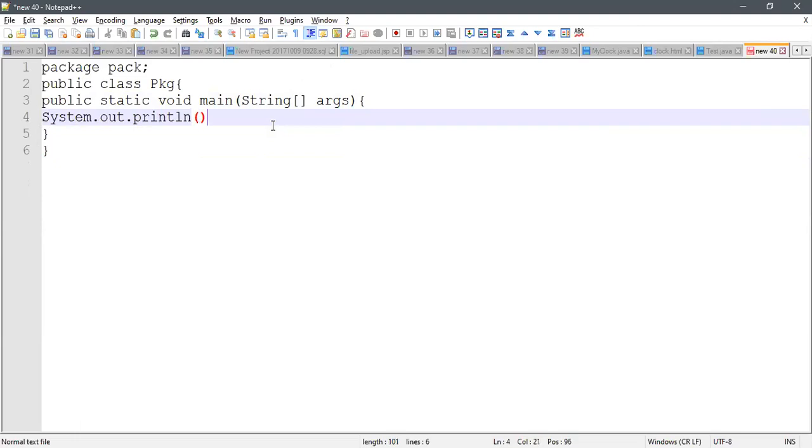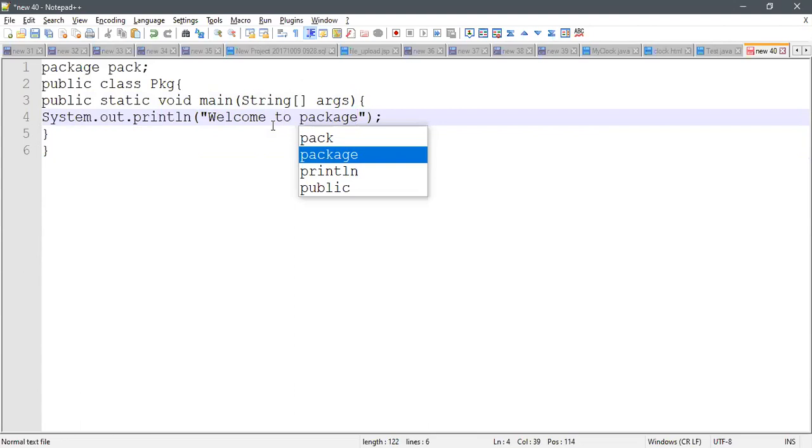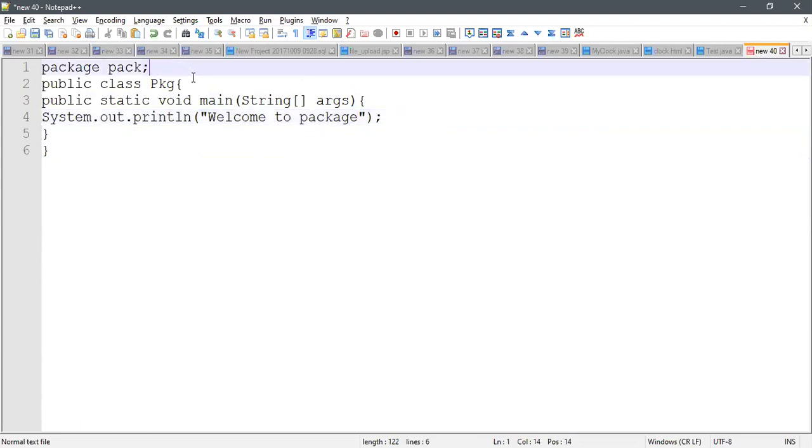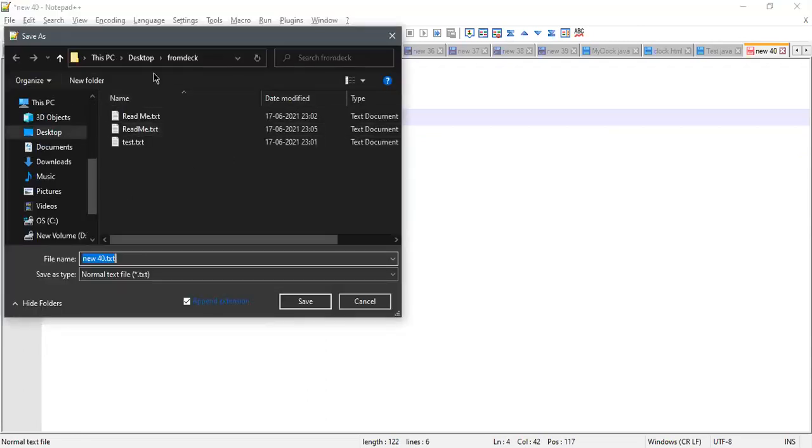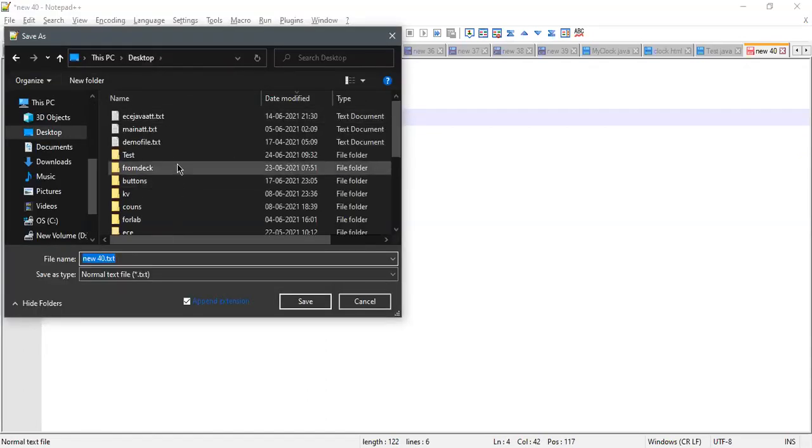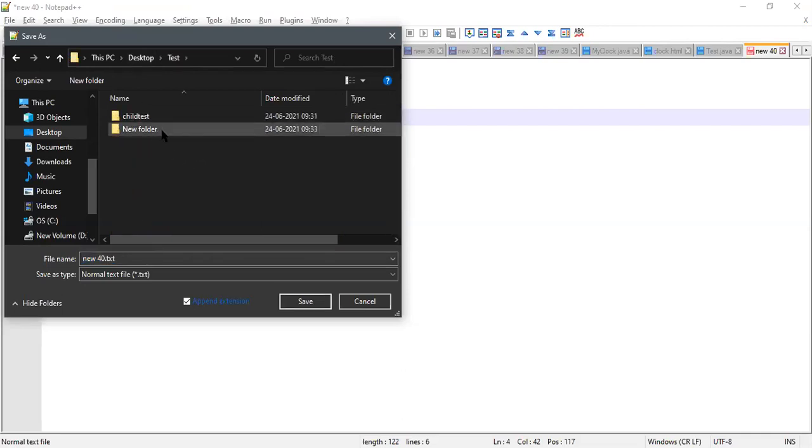System.out.println inside parentheses, "welcome to package". Okay, we need to check this one, a semicolon, and it is a package name. Yeah, everything is good. So I'm going to save this program. Inside the desktop, we have a test folder we just created, right?